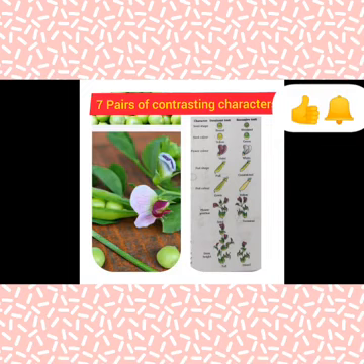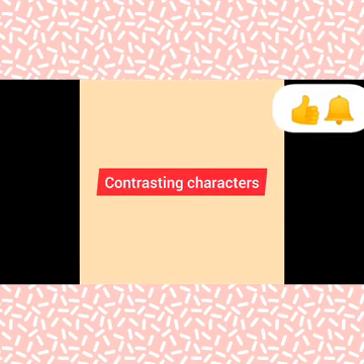Next, coming to seed color. The contrasting traits in this seed color are yellow and green colors of the seeds. Actually, what is a pod? A case that holds the plant seeds is called a pod. The next character is pod color. The 2 contrasting traits were green and yellow colored pods. And last, contrasting traits are of the pod shape. Green pea pods can be either inflated or constricted. So, with these pairs of contrasting characters, Mendel began his experiments.